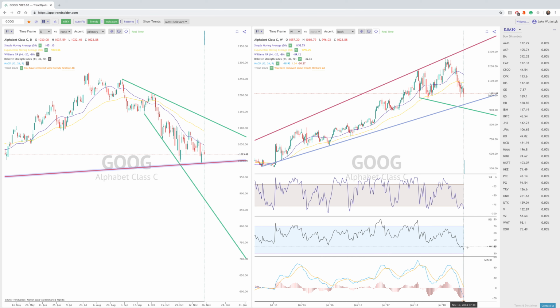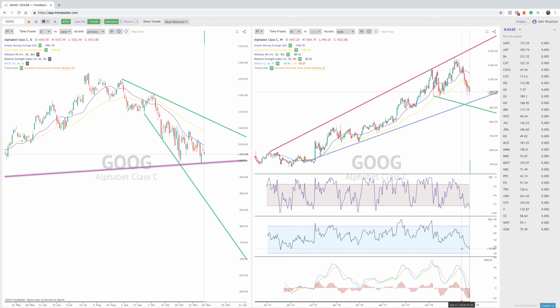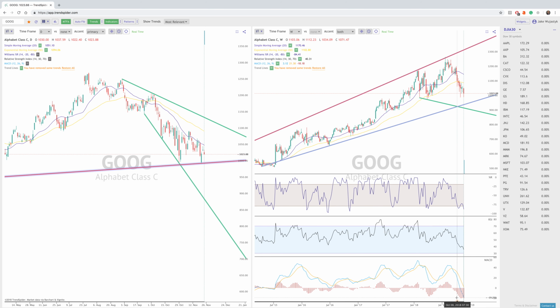And we can see that the RSI, notice every time that we've bottomed out in the percent range in the past, the RSI has been pretty high. Now, when we're this low, check out how low the RSI is. We are going lower and lower as the time goes by during this month, and we also can see that the MACD is just in a free fall essentially since late August, early September.